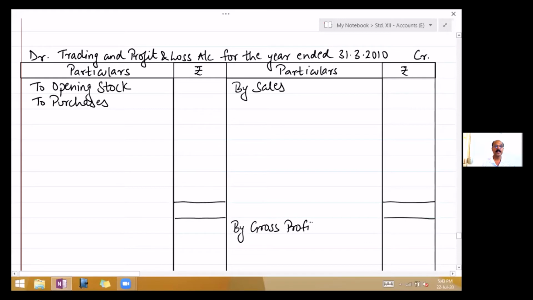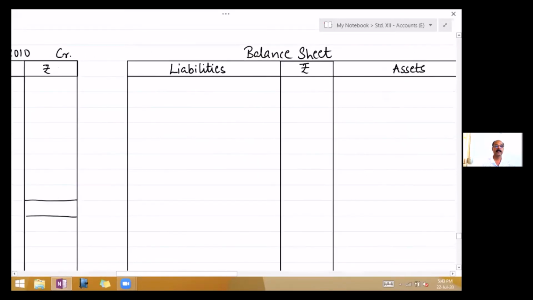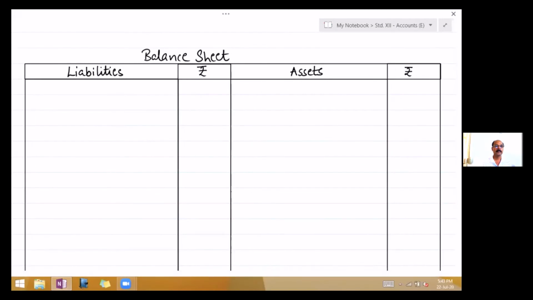Then gross profit in the P&L account. In the balance sheet as on 31st March 2010, liability side, capitals: Sanjay,